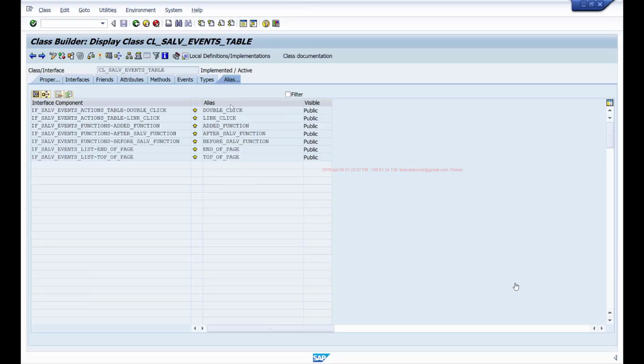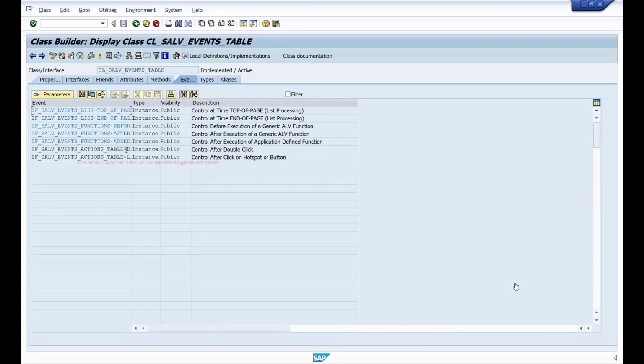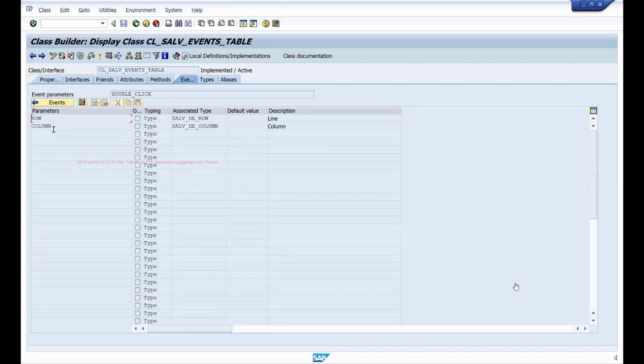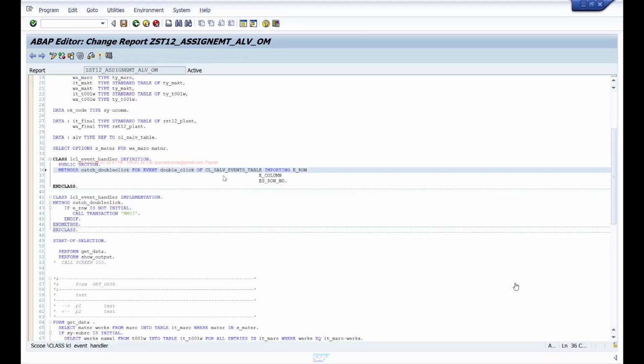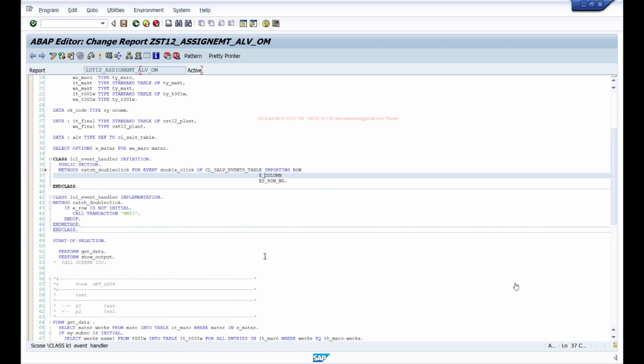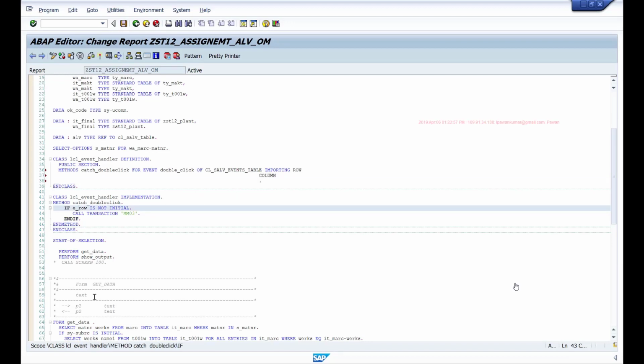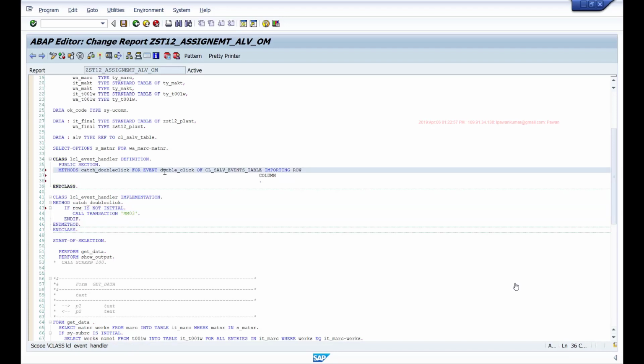If you look at this double click event, it has row and column as the two parameters. So I'll say row and column, and here instead of checking for row, we'll check for row. This double click is maintained for event double_click of this class.